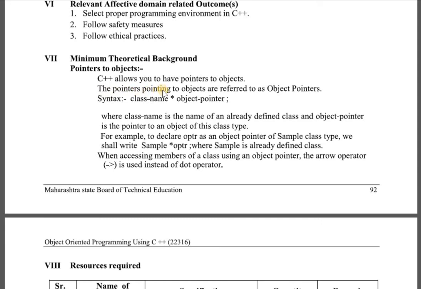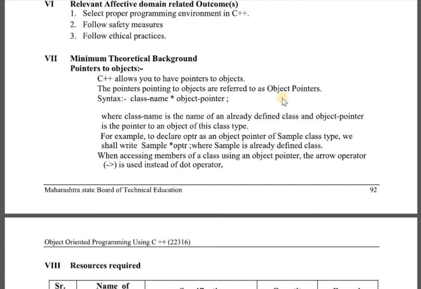The pointers pointing to the objects are referred to as object pointers. That means we can also make a pointer point to an object created by a class, similar to a normal variable. A pointer is a variable that holds the address of another variable, that we know.